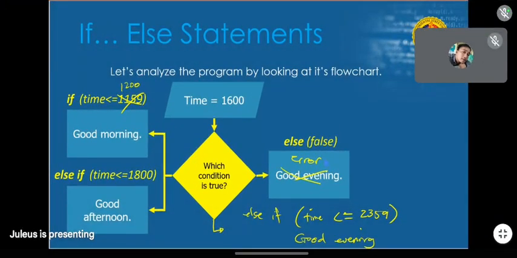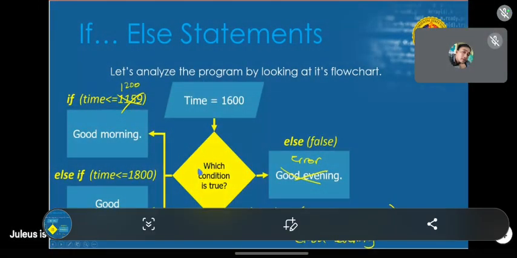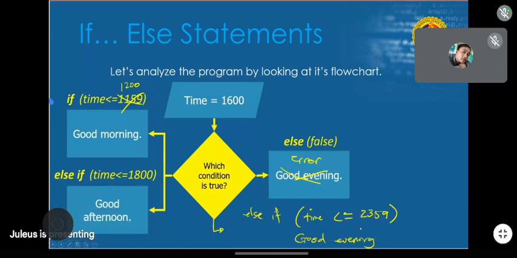All right, notice that if we check the flowchart, it splits at its decision. It will not continue if less than 1200. It will not continue if the time is less than 1800. It will not if it's 23:59, and then here if everything is false.